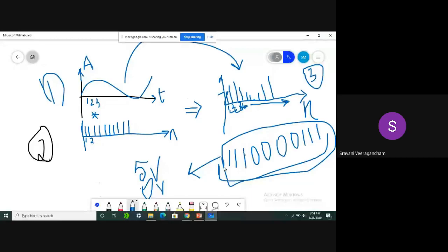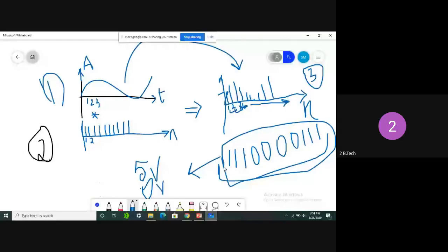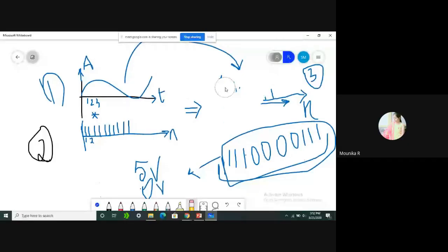Okay, sir. So why are we dealing with ones and zeros only? We are trying to learn how the processor will manipulate all these processes inside it in terms of ones and zeros only. That is the main motto of our STLD subject. So that is the reason why we are more specifically learning binary concepts.